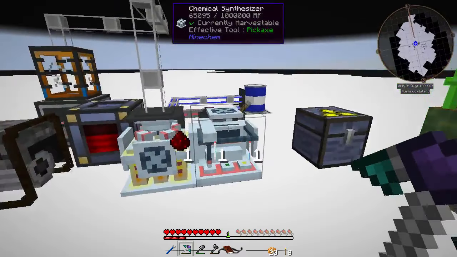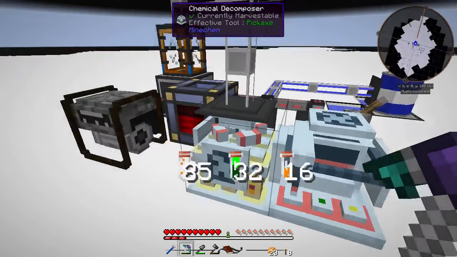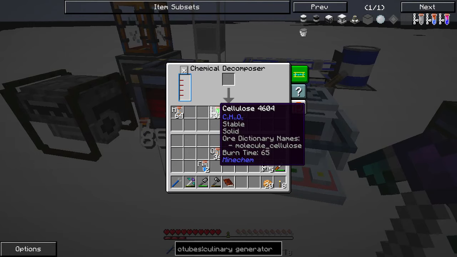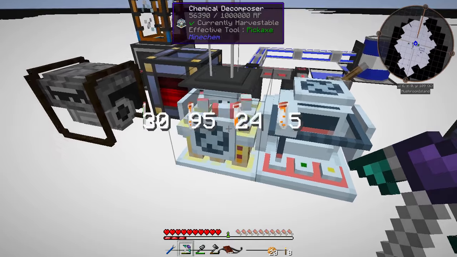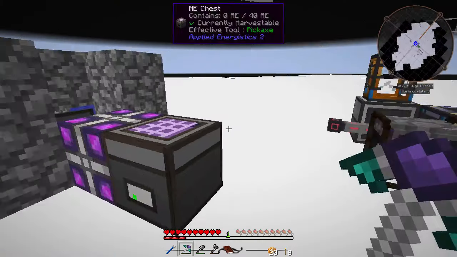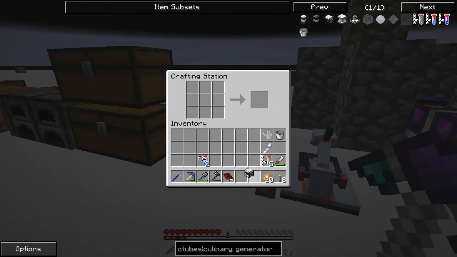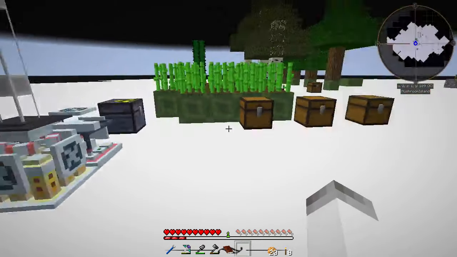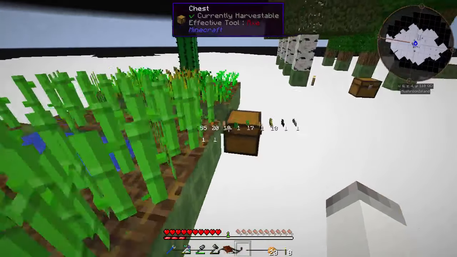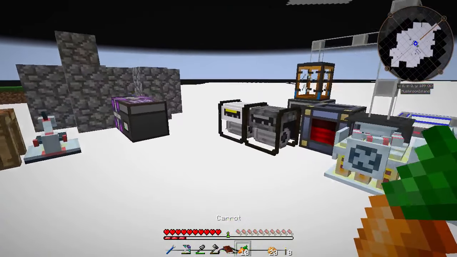So anyways, we have our 2 redstone. So basically we can make more synthesizers eventually and then make good on doing a bunch of other stuff. So we'll see. Anyways, let's go ahead and we have a culinary generator now. So we can put that down, and now what we can start doing is once we get carrots, or